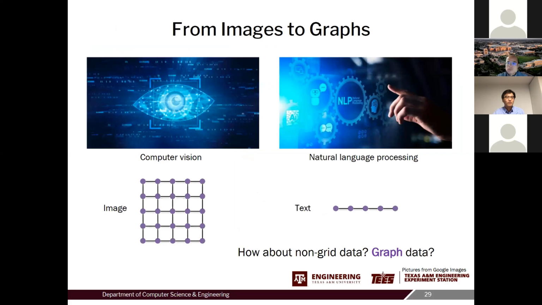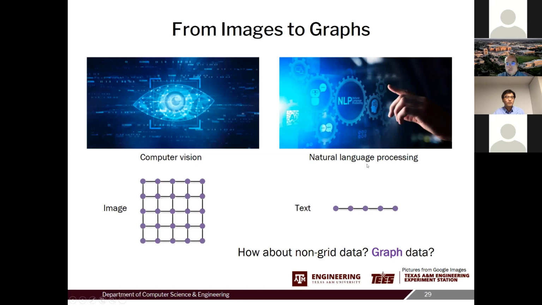So that is my image part. In the next part, I will talk about how to apply deep models on graphs. As we know, once you have images, this is what we can see as an image. But even for computers, it's basically a grid structure like this. Each pixel here represents a node in this graph, and the computer will always see a regular lattice graph like this.